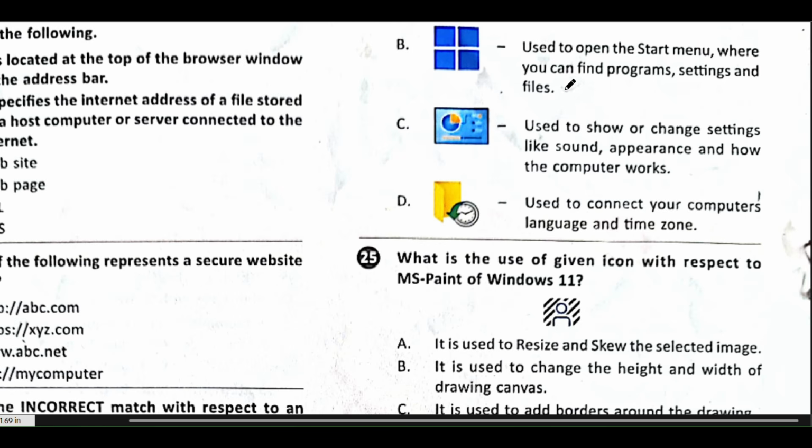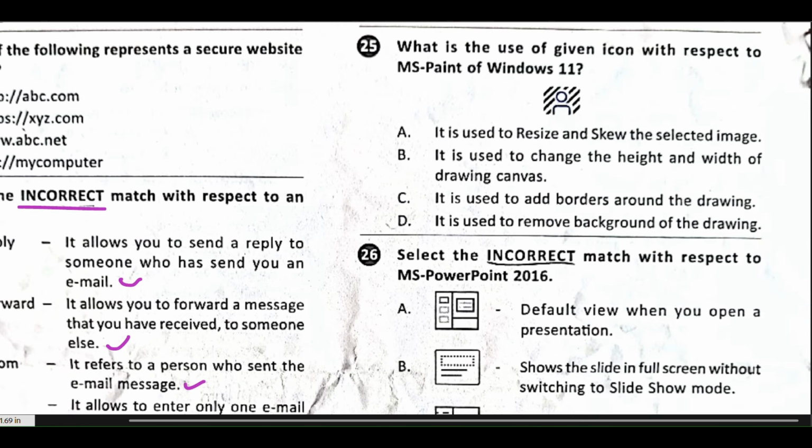This is again correct. C. Control panel. Used to show or change settings like sound, appearance and how the computer works. This is also correct. Option number D. Used to connect your computer's language and time zone. This is wrong. So option D is correct.